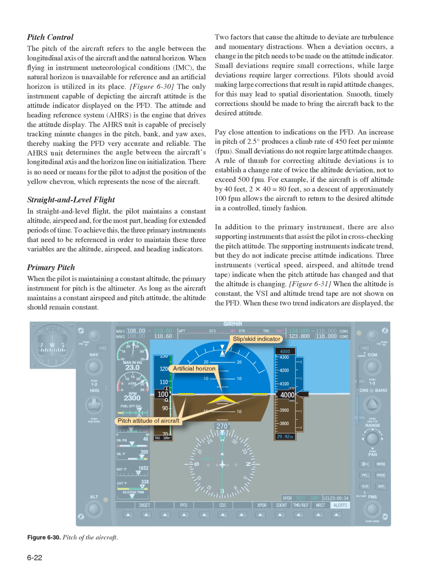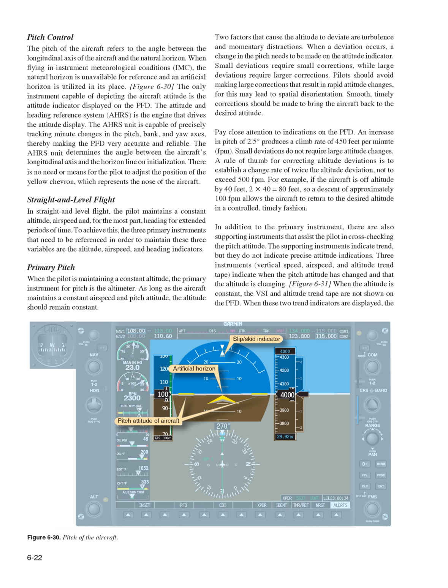Small deviations do not require large attitude changes. A rule of thumb for correcting altitude deviations is to establish a change rate of twice the altitude deviation, not to exceed 500 FPM. For example, if the aircraft is off altitude by 40 feet, 2 times 40 equals 80 feet, so a descent of approximately 100 FPM allows the aircraft to return to the desired altitude in a controlled,